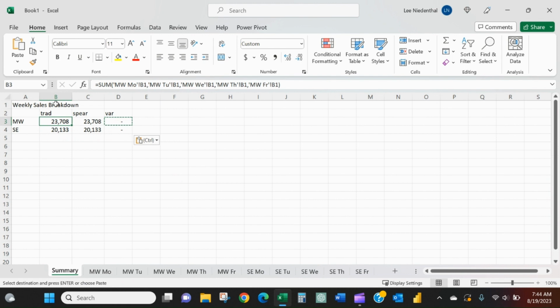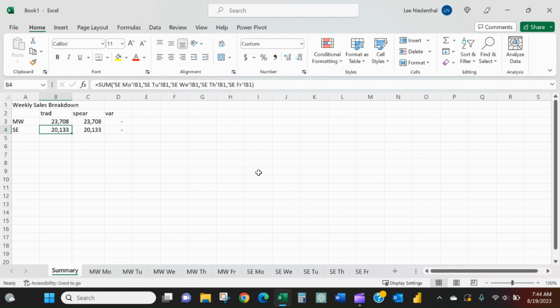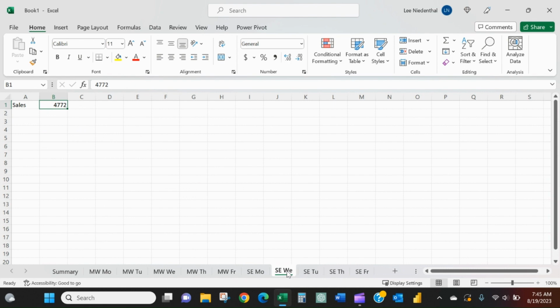So I've already done that same approach for the Midwest. The one caveat here is that if someone, for whatever reason, were to take one of these tabs, and just move it, so it's not in chronological weekly order, that doesn't change anything. The formula still works. But if they were to cross something from the Southeast into the Midwest range, then you'll